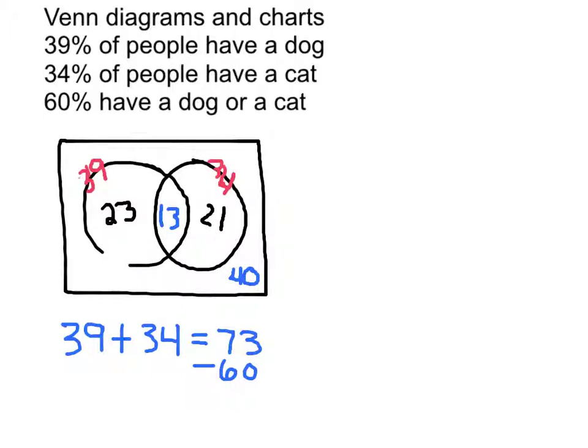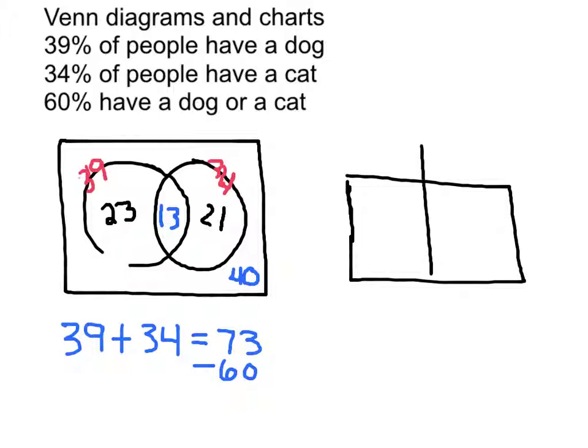And now you can answer all sorts of problems, like what's the probability that somebody has both a dog and a cat? 13%. Or what's the probability a person who has a cat does not own a dog? That's 21%. You could take the same information and answer those questions in a chart